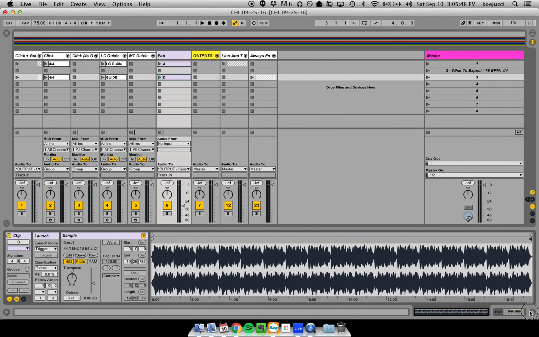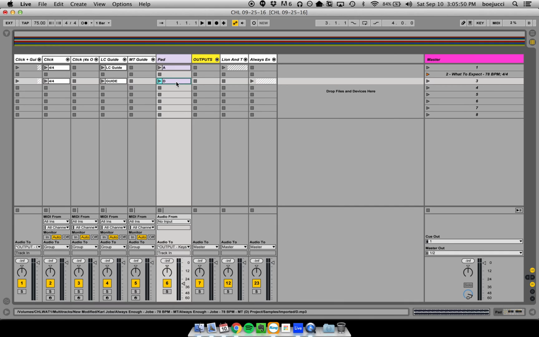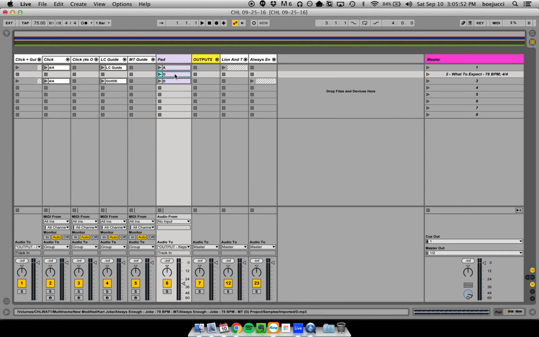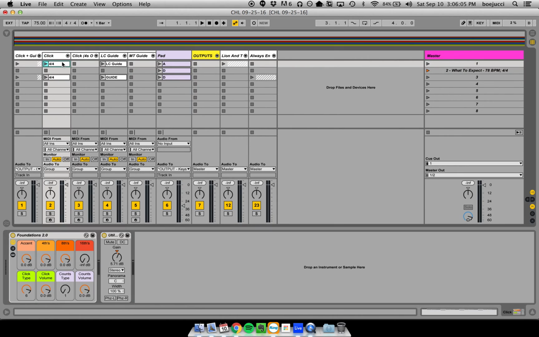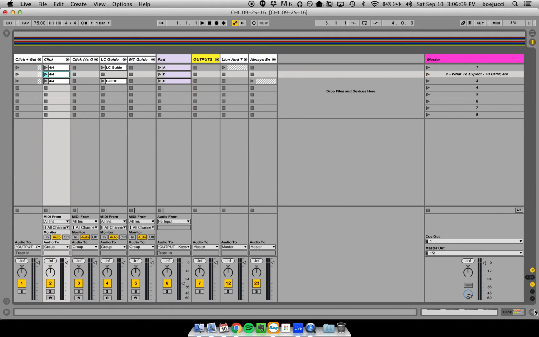I'm just going to use the same one. If I hold Option and click this, I can just make a duplicate. So now I've got D here. This is my MIDI clip, just playing all of my clicks from this MIDI instrument. So I can just drop one of those in here. And now when I hit the second scene,